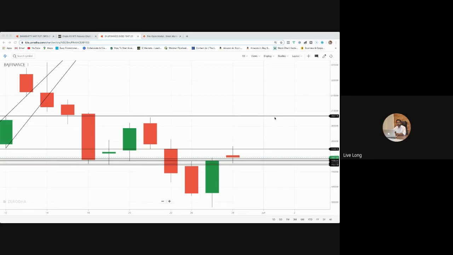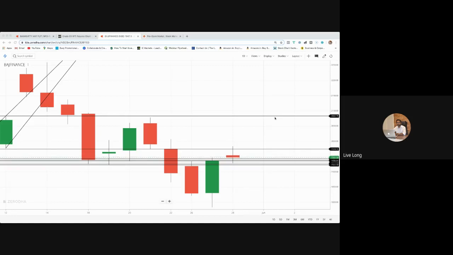You try to check what is the trend associated with the stock for the last 3 to 5 days. So how is the trend of the stock today as compared to the overall index? I realized that even though the index is up, Bajaj Finance is actually falling down. Now, what kind of opportunity can I actually